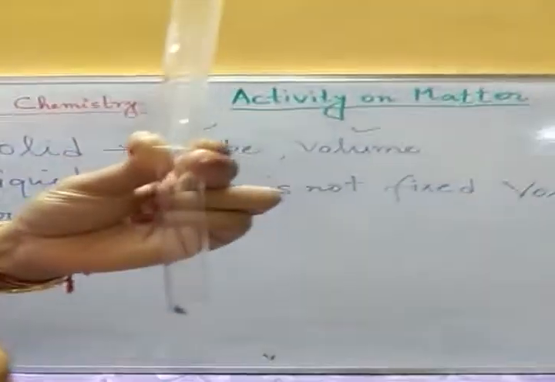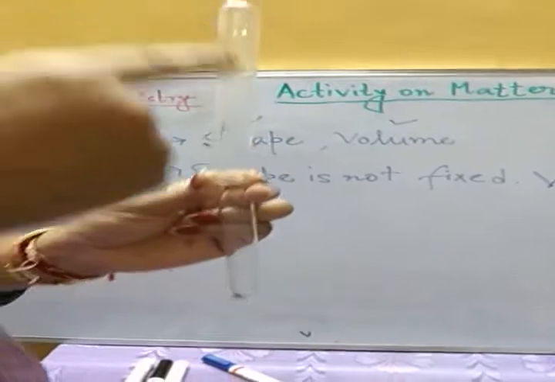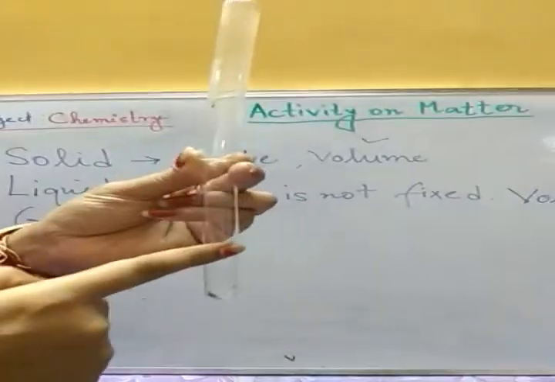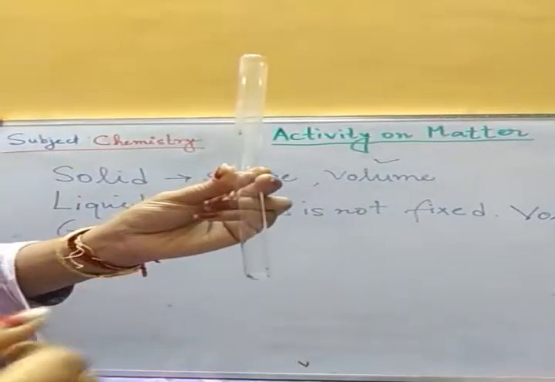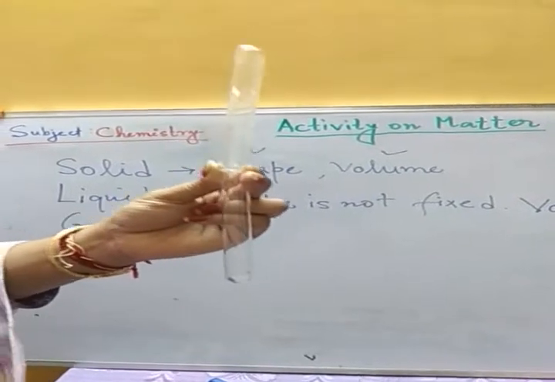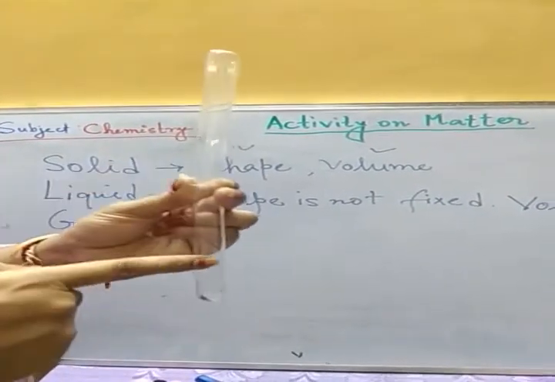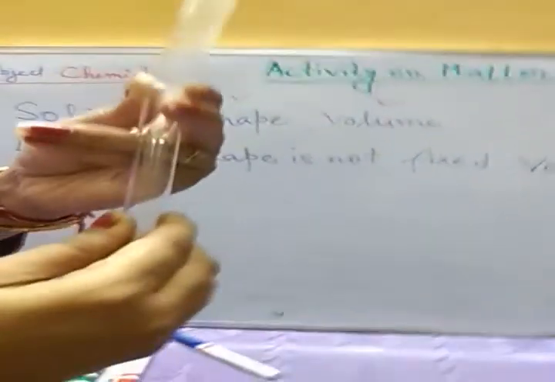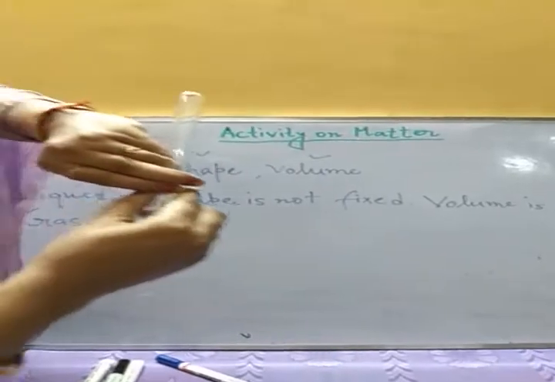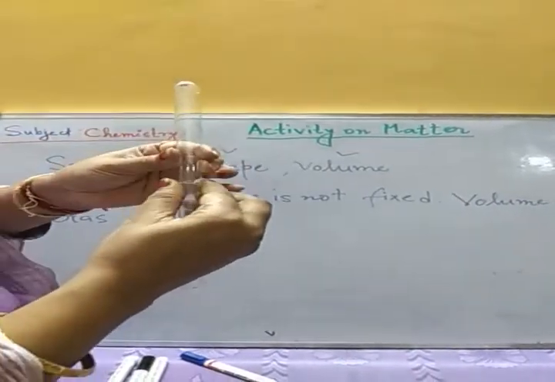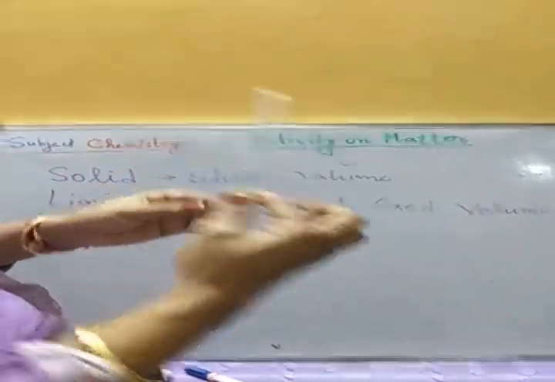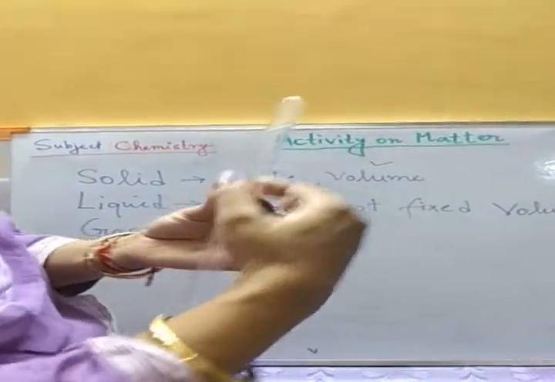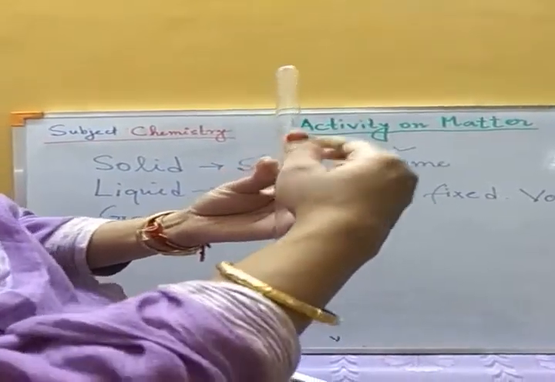So now the volume of both test tubes is available for the gas. That means the volume of the gas is now double